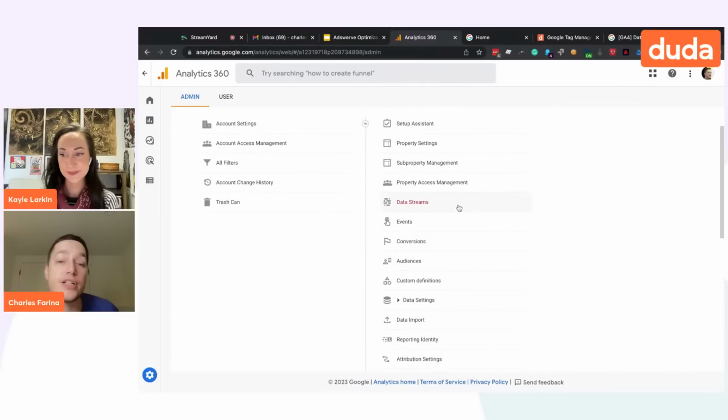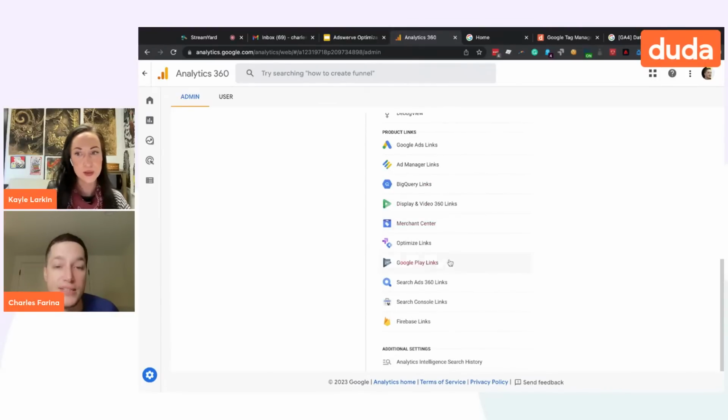They get a lot of features that were only in that 360 version. Like a lot of these Google integrations with DV360 and BigQuery and SA360, people had to pay to get. And now you get them for free. In the enterprise version, the difference between 360 and free for GA4 is largely you get more limits. So you get more audiences, you get more conversions, you get more parameters. But from a feature set, there isn't a lot of difference between the two.